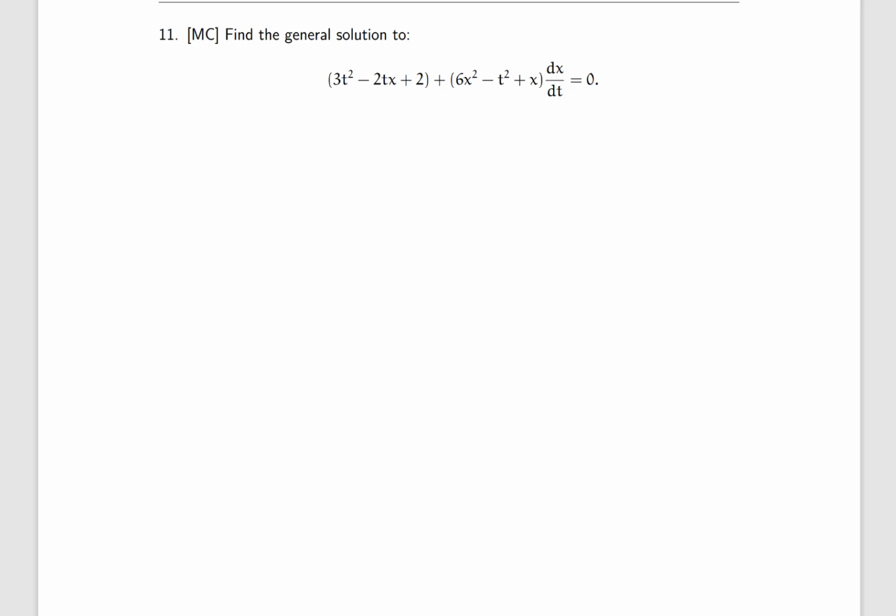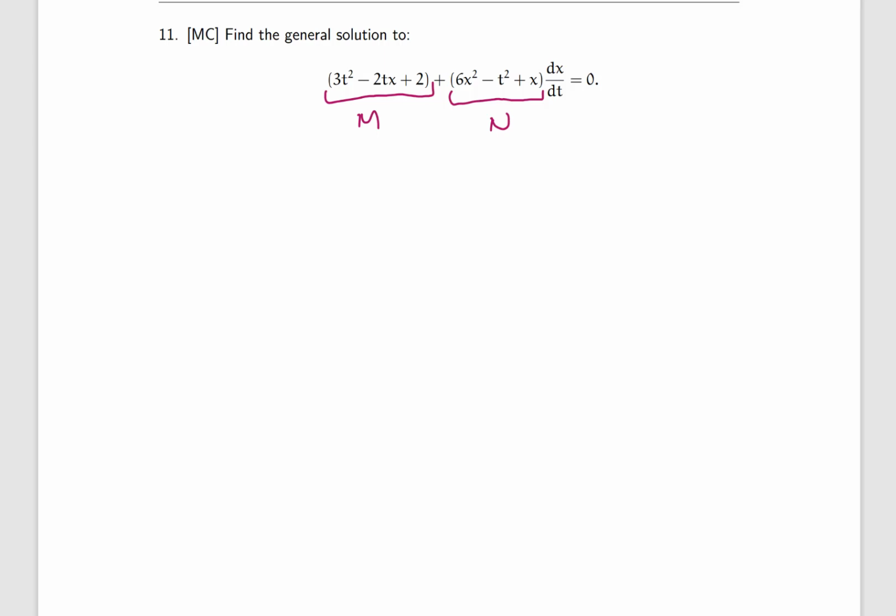And separation of variables, or separable equations is what I meant, is really just a subset of exact equations. So we're going to try to do this as an exact equation. If it turns out to be one that we can do with separation of variables, the same technique is going to work. Okay. So remember, we call this the function M, we call this the function N,